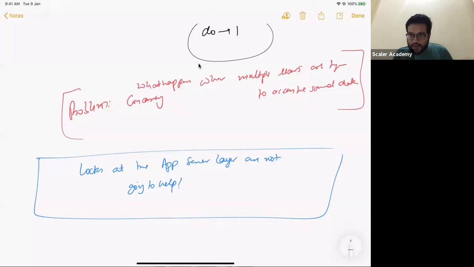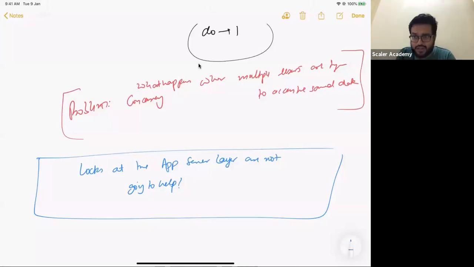Now, just because this is a problem which is going to occur in every single system that you build, and for so many years, for decades, people have been using relational databases. Almost every relational database in this world comes up with some guarantees for you so that these things can be managed as an abstraction and you need not worry about that. Does the last statement that I made make sense to you guys? Fundamentally, all these things can be made to work using locks at the DB layer.